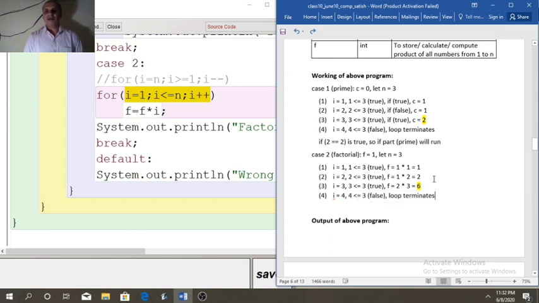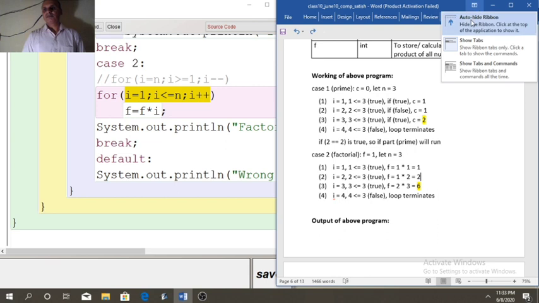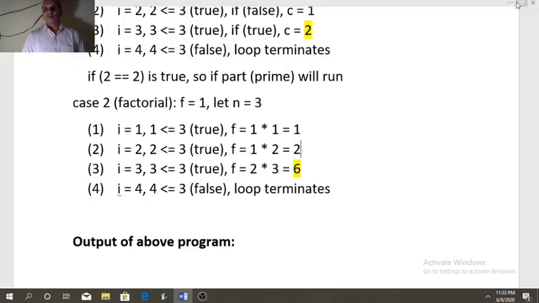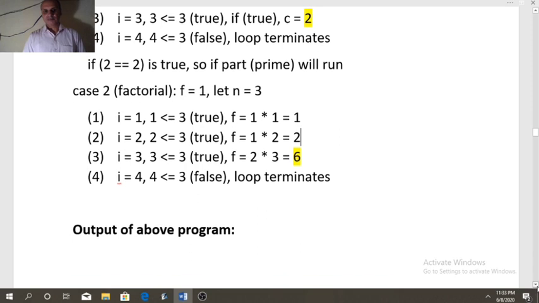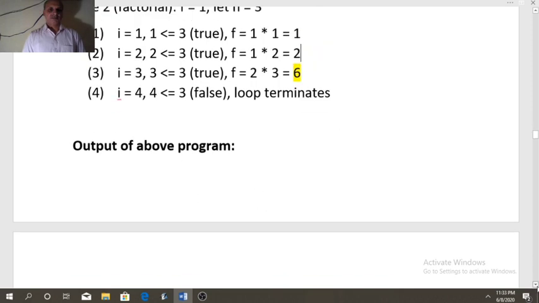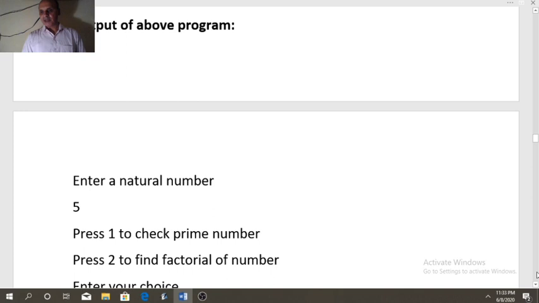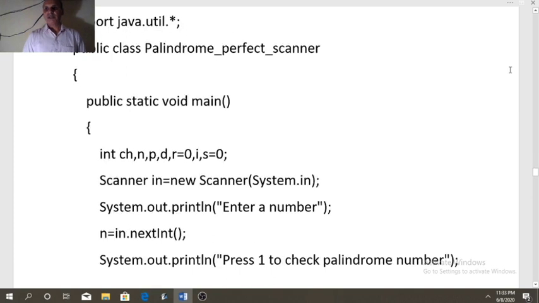So like this we can understand the working of this program. Output you have already seen. Now we will see the third program.